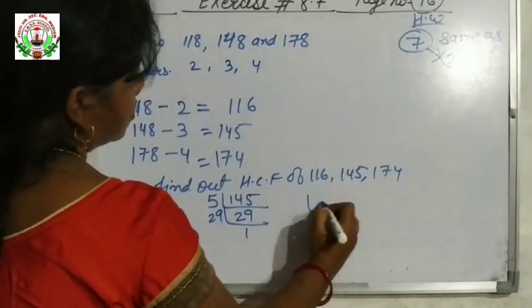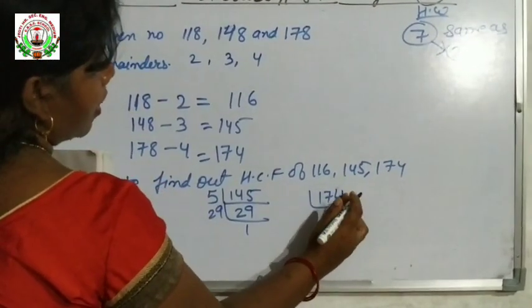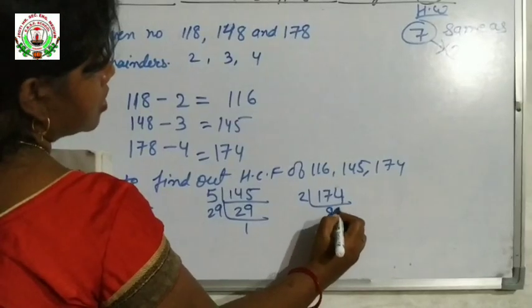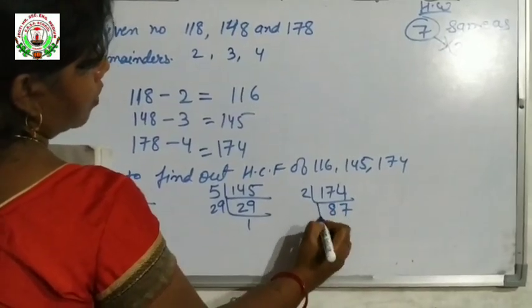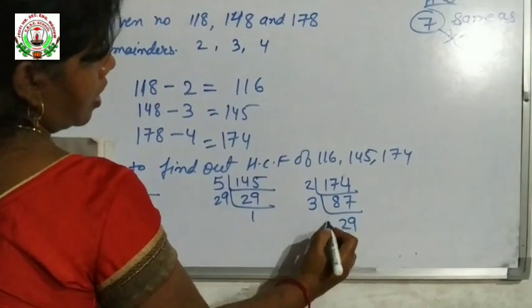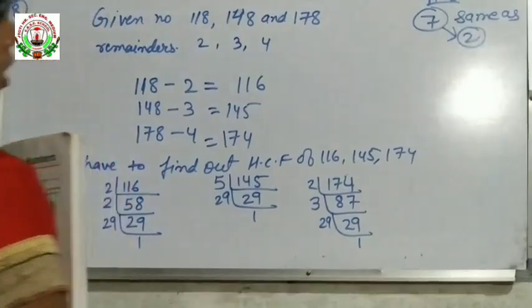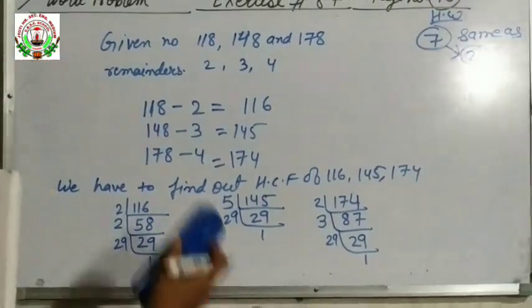Okay. Now next is 174. It is divisible by 2. 2 8 ja 16, 2 7 ja 24. Now it is divisible by 3. 3 2 ja 6, 3 9 ja 27. Now 29 is divisible by 29. Understood? Now after that,